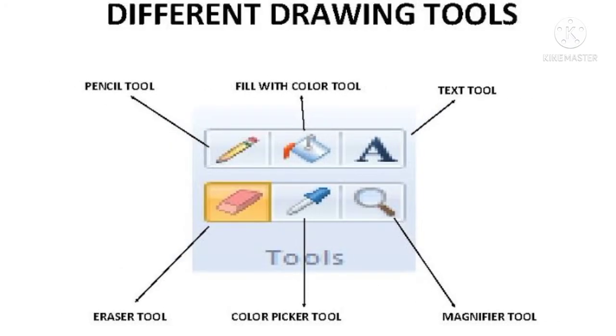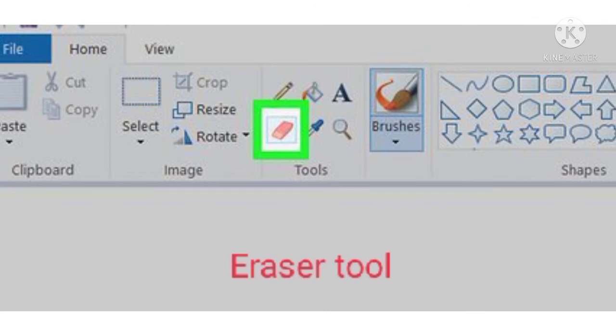Selecting the eraser tool. The eraser tool is used to erase unwanted drawing which you do not want to keep. Select the eraser tool from the toolbox. Bring the eraser on one part which we want to remove from the drawing. By pressing the left mouse button, you can start erasing. Release the mouse when you want to stop. You can change the size of the eraser by selecting the size from the setting box.